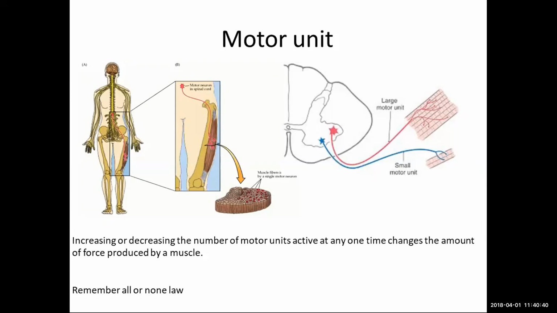Still it went on in the 2000s. But remember, that is the point I was trying to make. The all or none law says that you can't have any muscle partially contracting. They can either contract or relax in a sense. That's what your all or none law says, right? So with this constraint of all or none law, that is either they can contract or relax, how are they modulating the force? That is the important question, right?